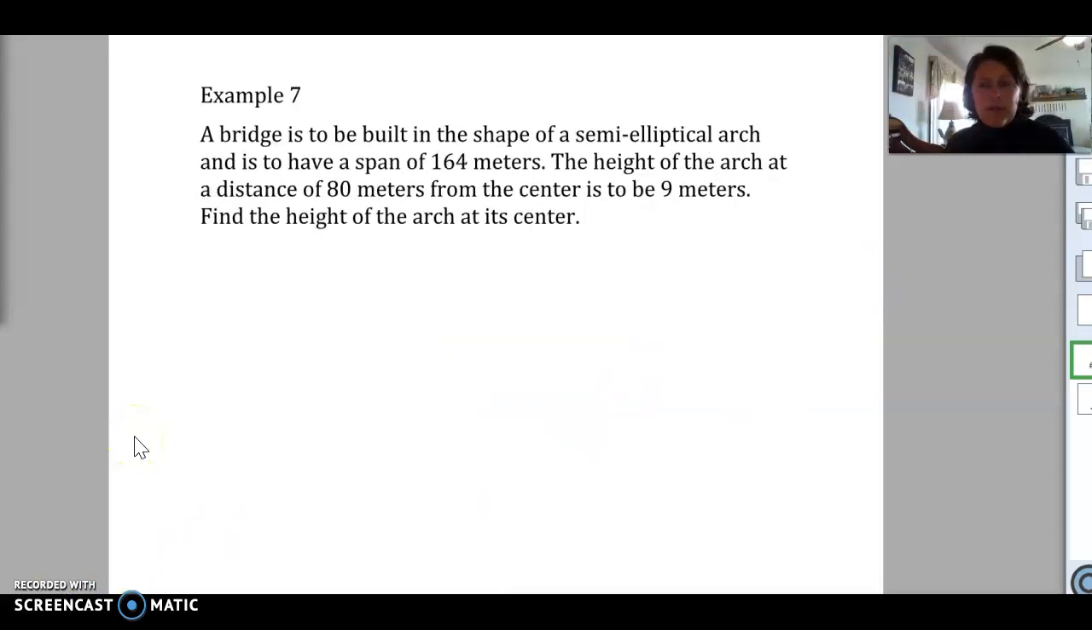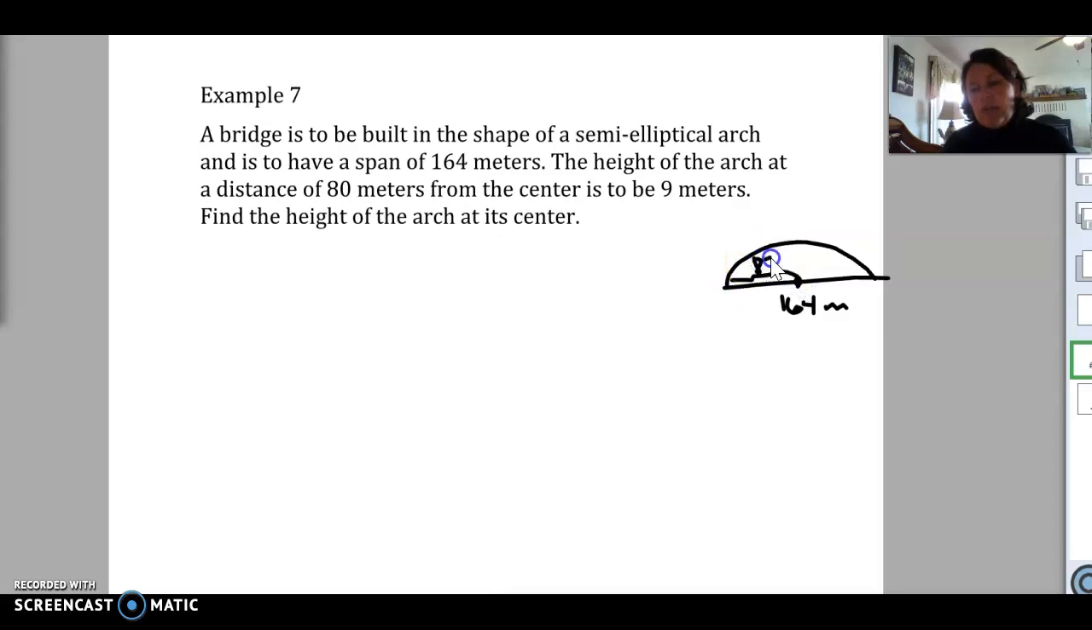Okay, for example number 7, we have a bridge is to be built in the shape of a semi-elliptical arch and is to have a span of 164 meters. The height of the arch at a distance of 80 meters from the center is to be 9 meters. So we've got our bridge. It's going to be a semi-arch, elliptical arch, and it's going to span 164 meters. So that means halfway across